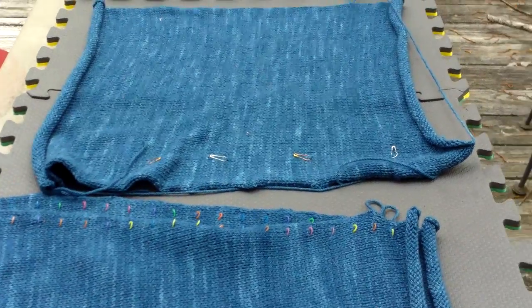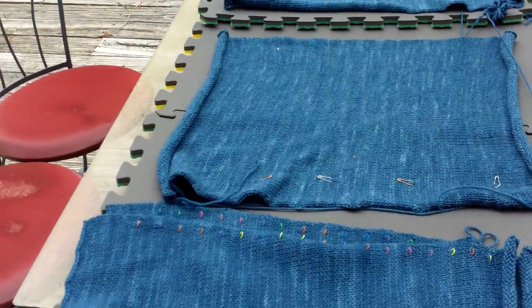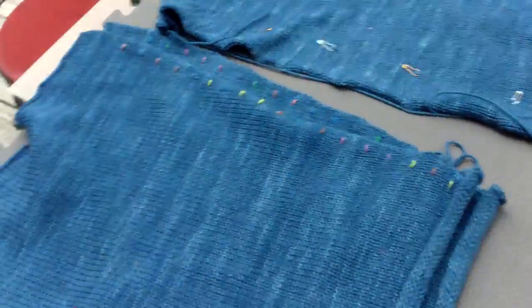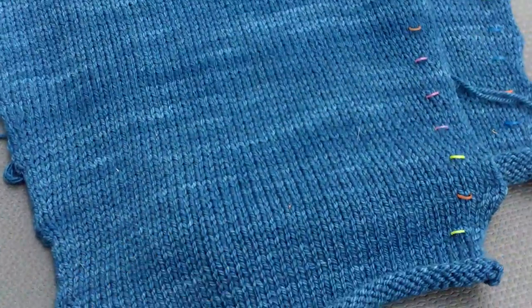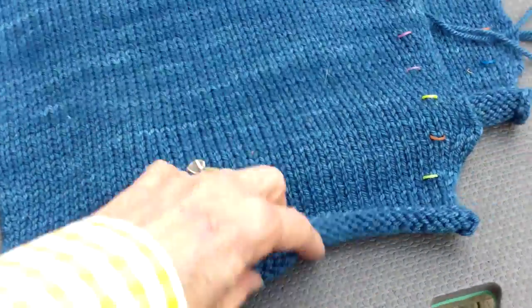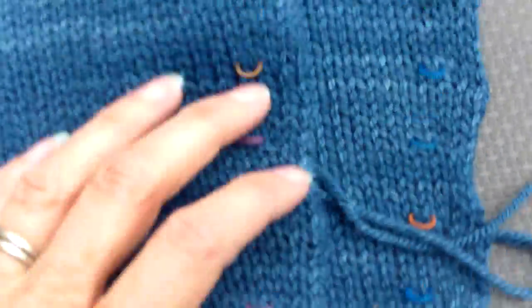This video is an overview of the finishing process for the easiest sweater ever. I have right here the sleeves, and you can see how I've blocked them so that I didn't pin the bottom of the cuffs. I've let them roll. And if we look up, you can see there are two of them here, and you may have noticed these